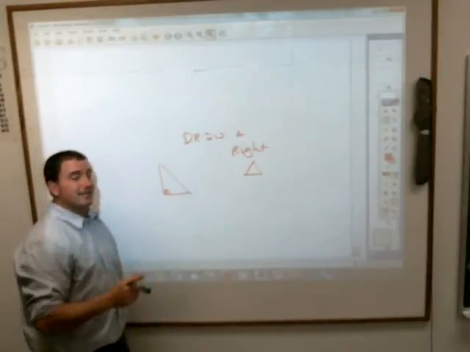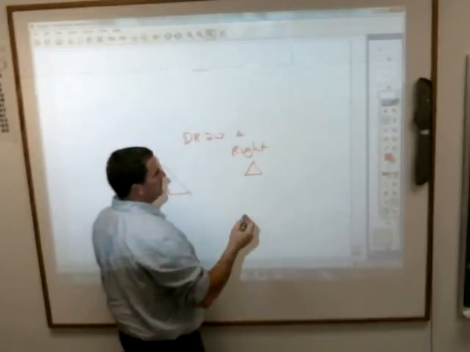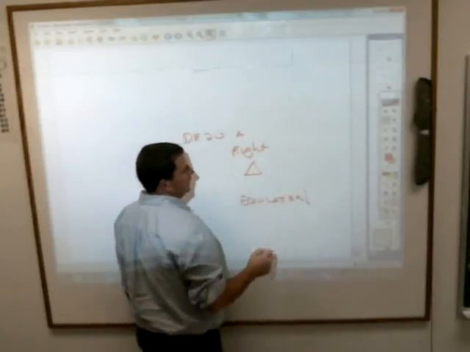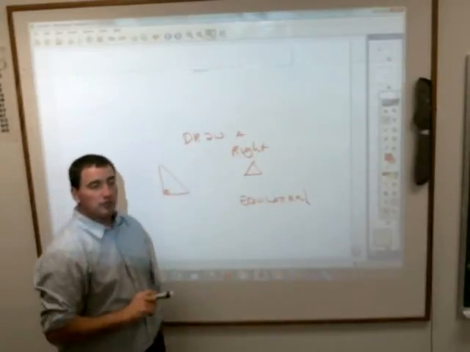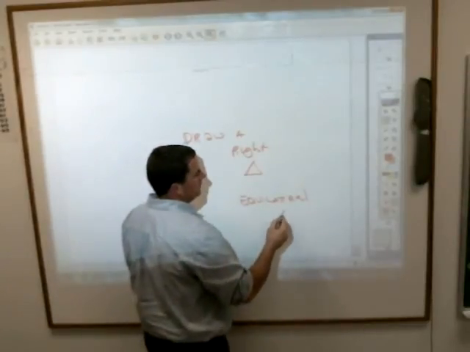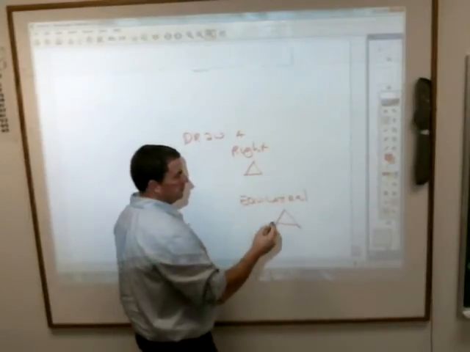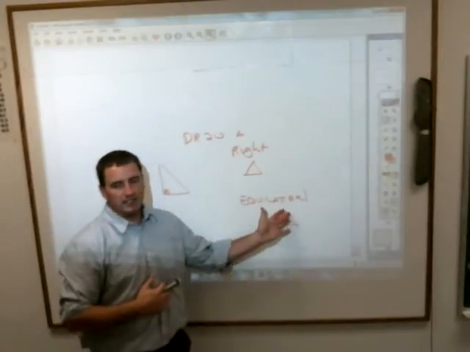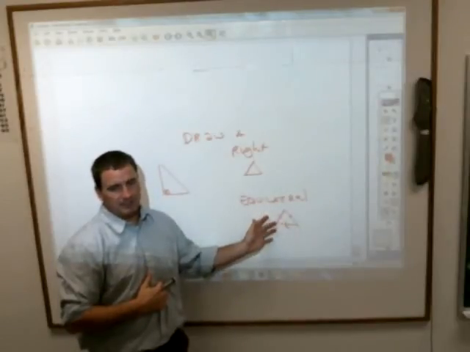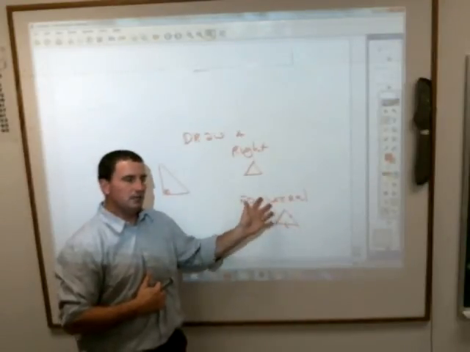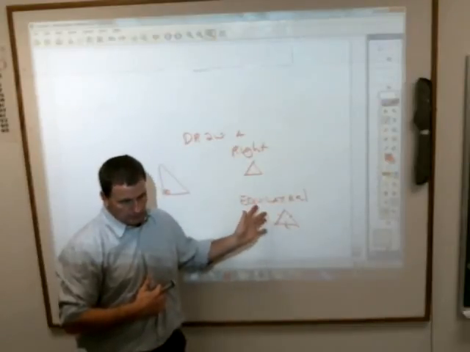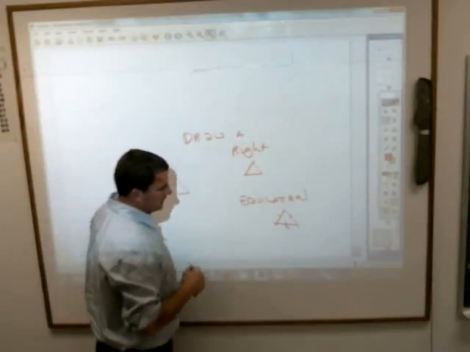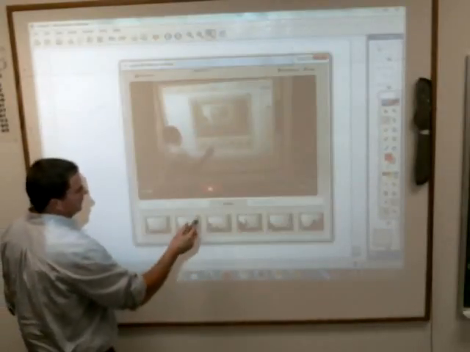Let's say you have to draw an equilateral triangle. It's pretty tough to get one exactly perfect. If they ask you to draw an equilateral triangle, do the best you can, but you need to put those slash marks in there, because that tells whoever's looking at it that those lines are equal. Even though yours might not look exactly equal, you can say that's what I meant to draw. Because even with a ruler, it's very difficult to figure out the exact angle that those would be. So those are some helpful little hints that I'm sure you will all